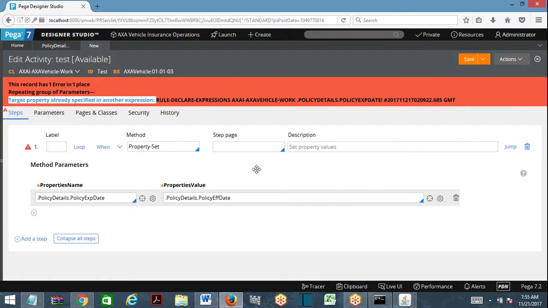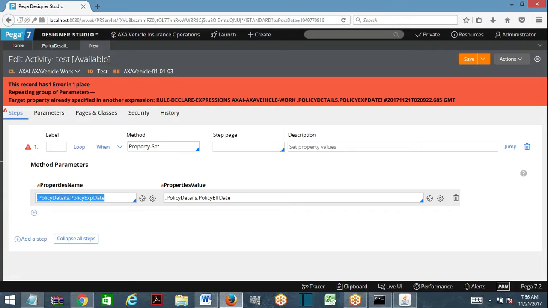So that means if your property is a target property already being assigned using a declare expression, that can never be used anywhere to set again. So that cannot be available on left side. So this property nowhere you can use in your application to set it by using an activity or data transform, or somehow if you are assigning a value to this property, ERBC will prevent you, because this must be only calculated by using expression that is already specified, that must be followed. Nowhere else this property can be used to assign with a value.